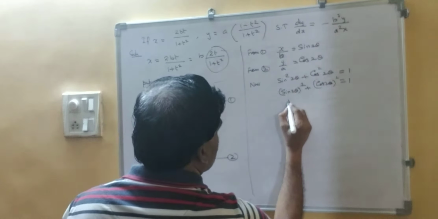Now we will differentiate. That means this is actually x square upon b square plus y square upon a square equal to 1. Now differentiating